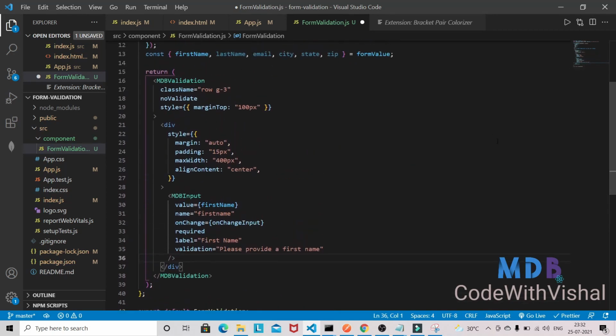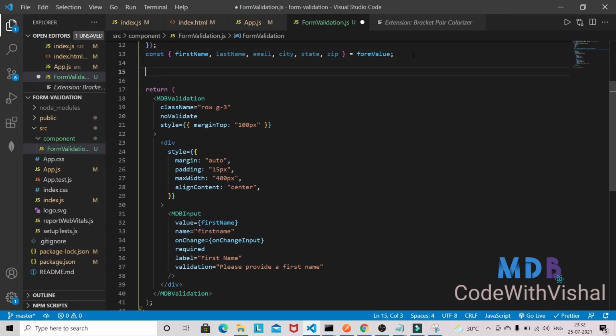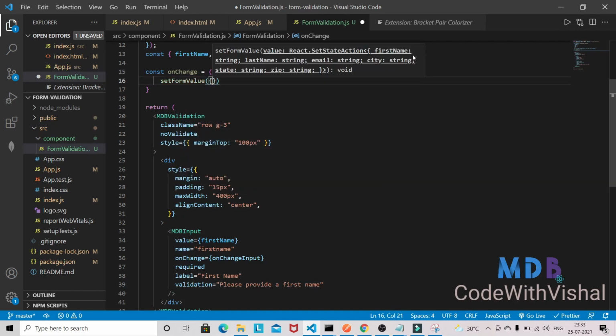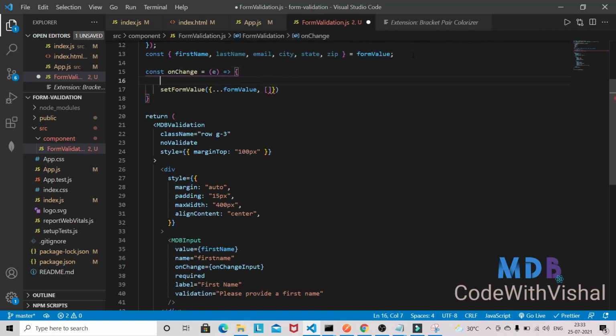and we can also check whether it's working or not. So here we'll have on change. First define this on change method, and we are going to set the form value, and let's destructure here name and value from the e.target.